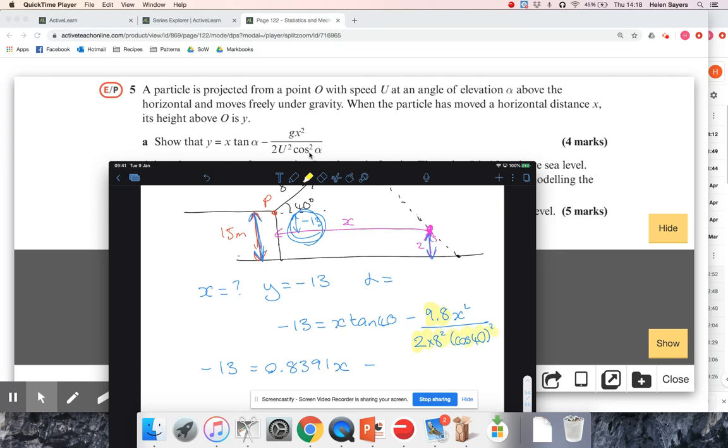So 9.8 over 2 times 64 times, be careful how you type this in, cos 40, all squared. Make sure you're not squaring the 40 degrees, you're squaring the cos 40. If I've typed that in correctly, that is giving me